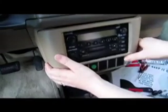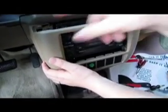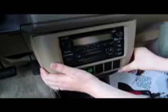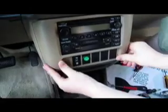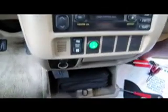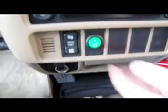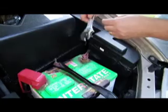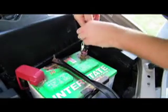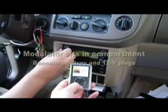And here we go, putting this back on, and you'll remember these 4 clips are right here, right here, right here. Oh man, that looks good. So there's the custom switch right there. Okay. Reconnect negative battery terminal. And here we have